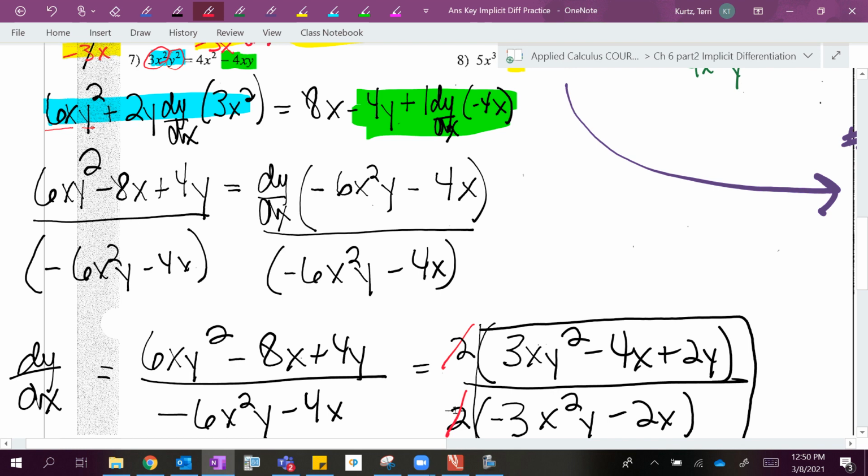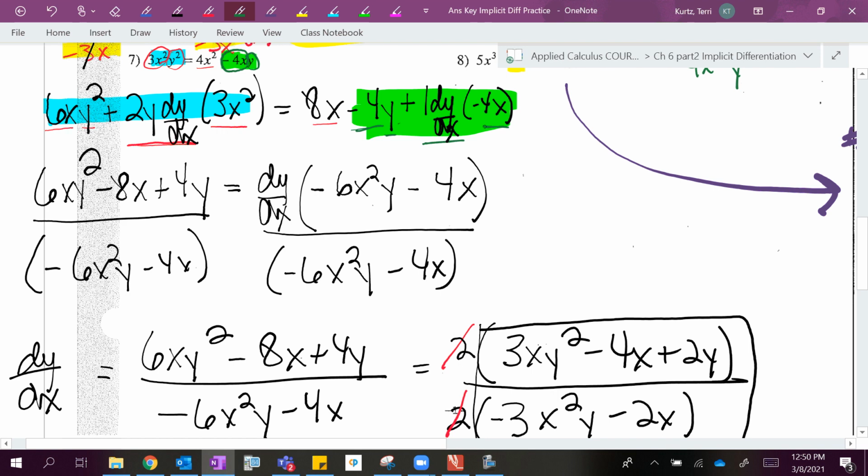function, which is y squared, plus derivative of the second function, which is 2y dy dx, times the first, which is 3x squared. On the other side of the equal sign, derivative of 4x squared is 8x. Now the green, again, I have to use the product rule. The first function is negative 4x. The second function is y. Derivative of the first would be negative 4 times the second function, which is y, plus derivative of the second